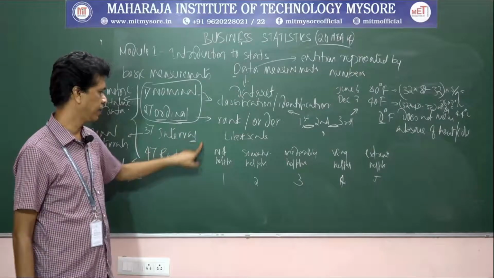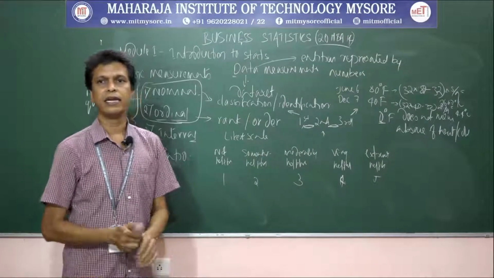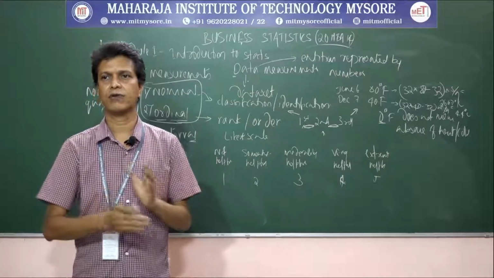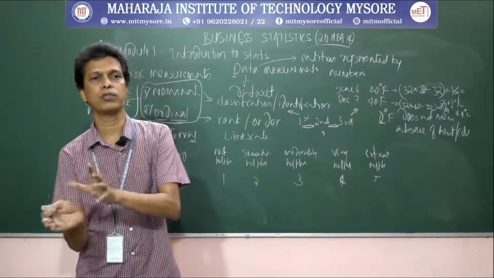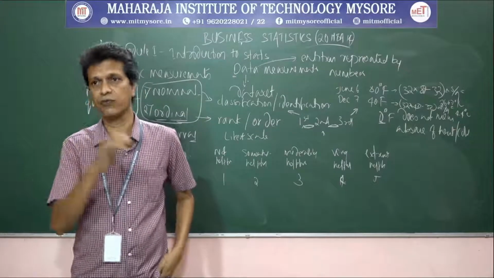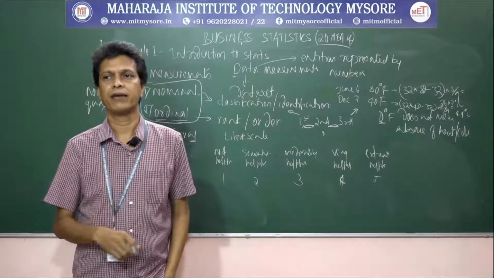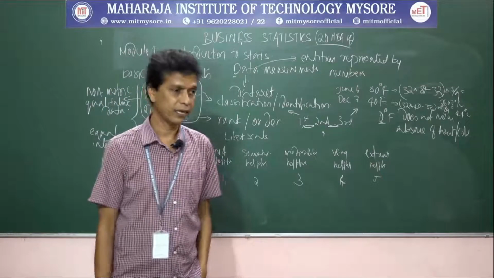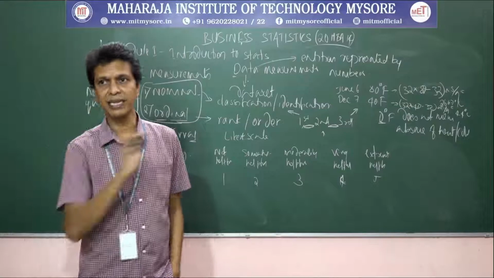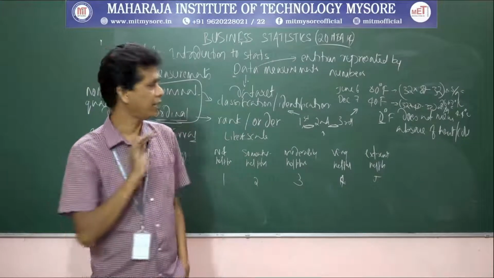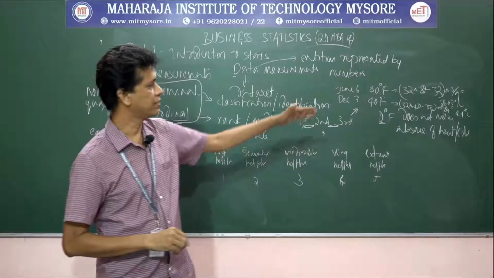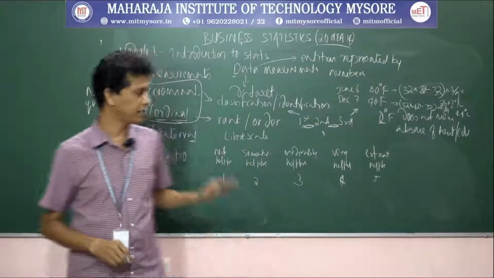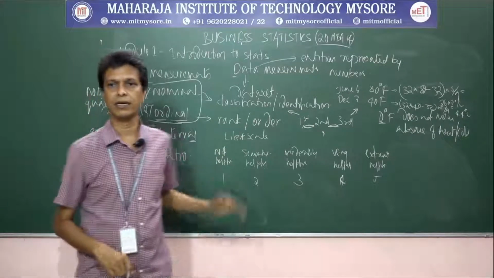Fixed 0 is not there in the interval scale. Here the fixed 0 is there. Interval scales possess only relative meaning. When there is no fixed 0, you can only say relatively, compared to 3 o'clock or 6 o'clock. Relatively we can say, but absolutely we can't say. Whereas the ratio scale represents absolute meaning. In other words, 0 has a meaning. In the ratio scale, 0 is the absence of the concept.